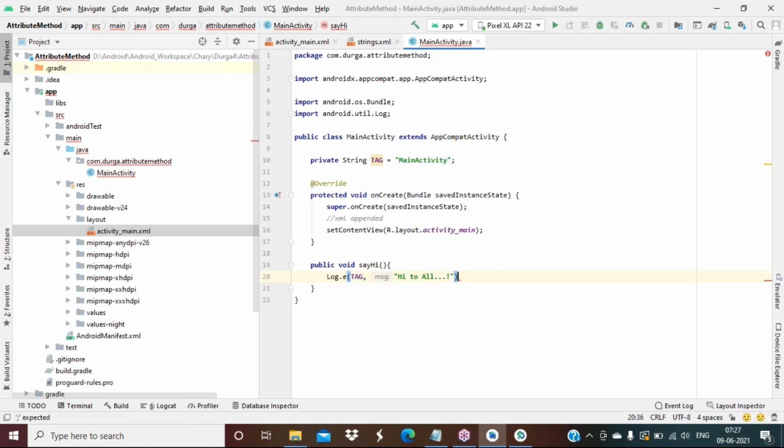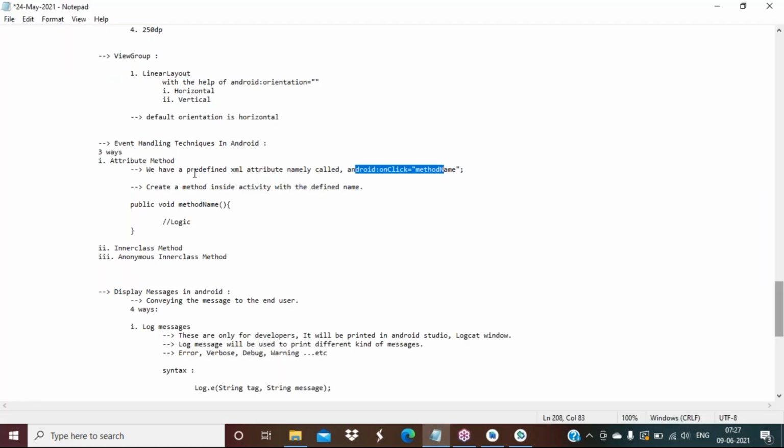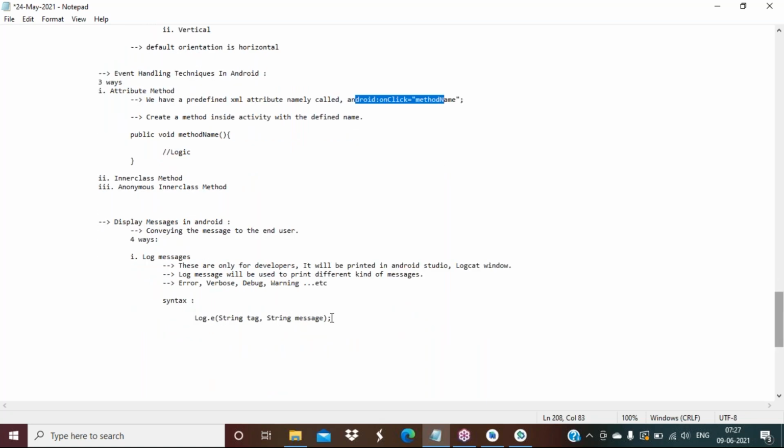Like this. So it's a log message. But I told you a log message will be displayed only for the developer, not for the end user. So if I would like to display some message on the mobile screen, then I have to write a toast message. Let me write this toast message as well.